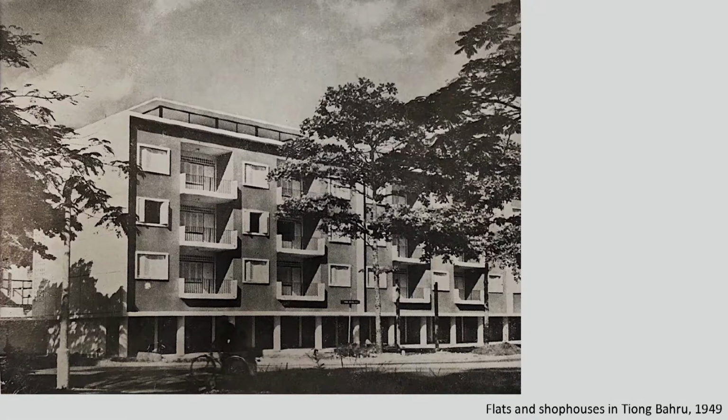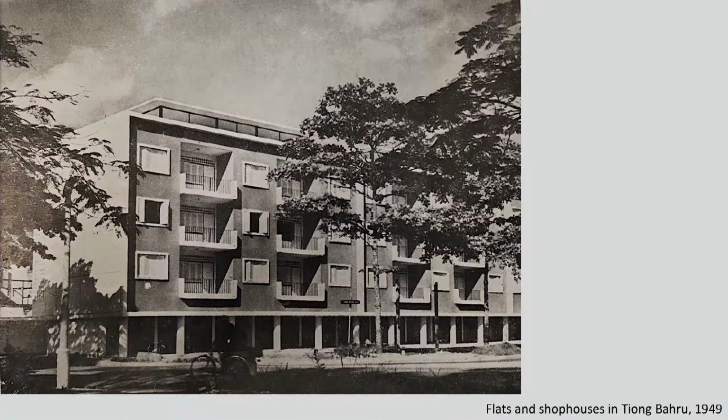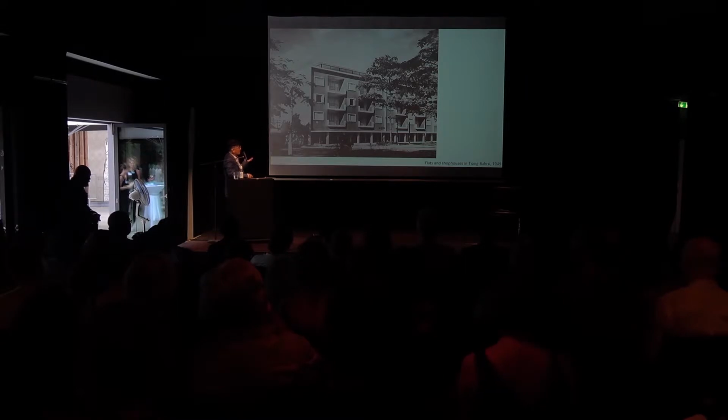And other flats that they developed using the same kind of layout, but with one ground floor that is more open. So in this previous one, the ground floor is still a housing unit, but in the new one, in 1949, they opened up the ground floor as a shop area. And this is a precursor, with this row of columns like the pilotis in Corbusier's language.